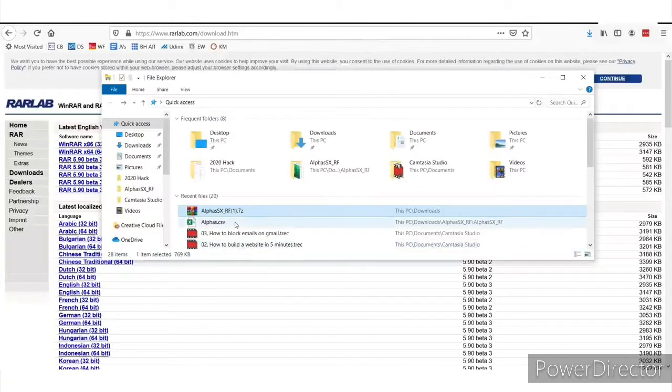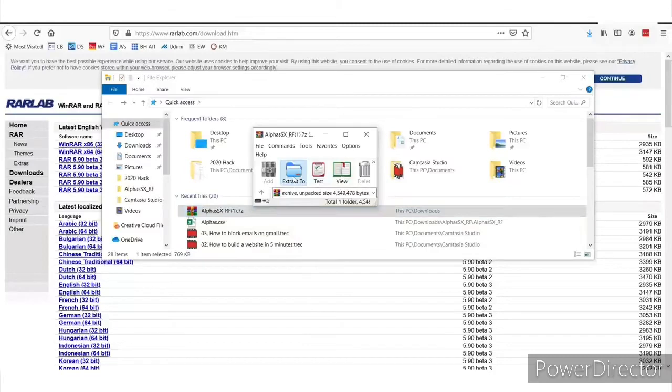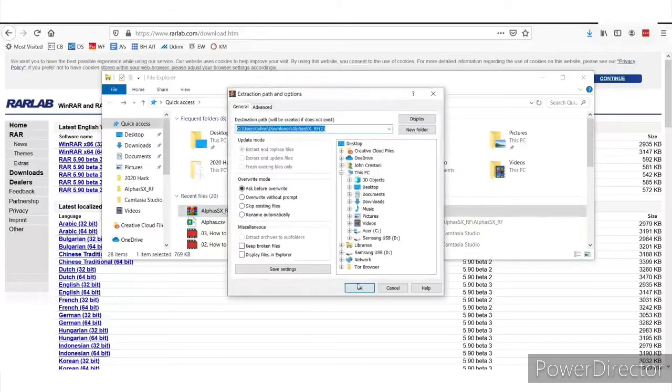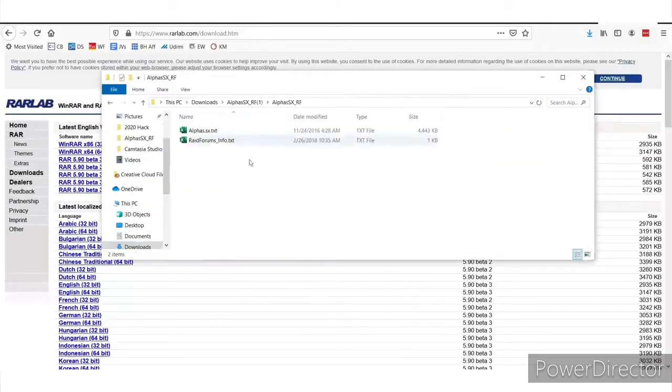Now, once you've downloaded WinRAR and installed it, you will be able to open up this file, which is the database I downloaded. Here I am. I'm just going to extract to my downloads and open up the folder, and you'll see here that we actually have a file, but it's a TXT file, okay, which means it's a tab separated